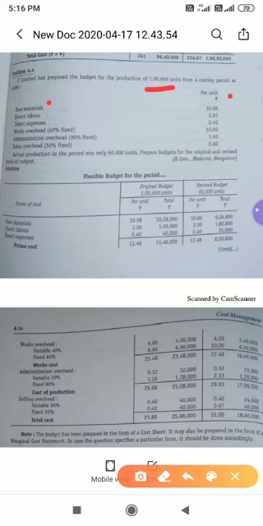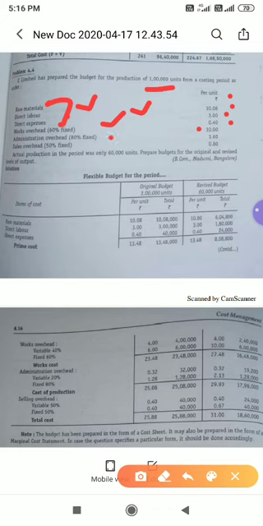Raw material is variable cost, that is 10.08. Direct labor is variable cost and direct expenses is variable cost. Please remember all three are variable cost, that is 10.08, 3.40. And work overheads are 60% fixed. So whenever they give information like this, please keep it in mind. 60% is fixed, 40% is variable. Out of 10 rupees, 6 rupees is fixed cost and 4 rupees is variable cost.